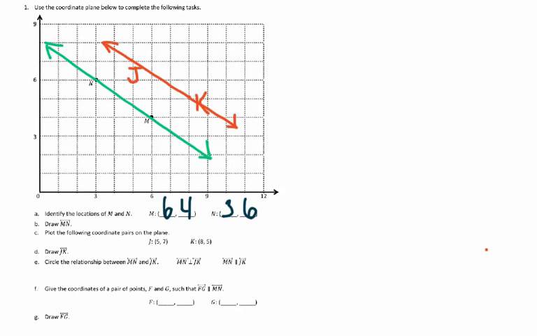Okay. So it says circle the relationship between MN and JK. So this symbol right here that looks like an upside down T is perpendicular, and this symbol right here means parallel. So MN and JK, are they perpendicular or are they parallel? Well, looking at our picture that we drew, they're just parallel. Okay, and F says give the coordinates of a pair of points FG such that line FG is parallel